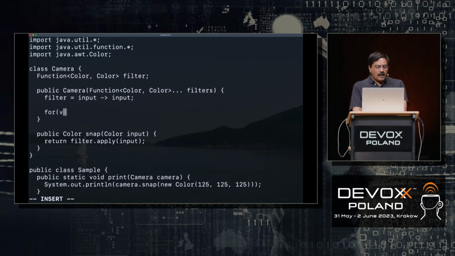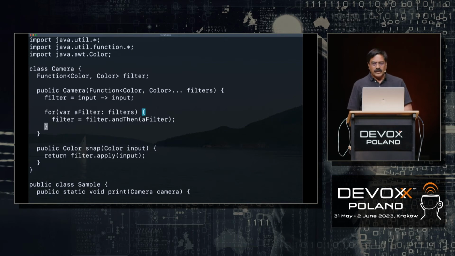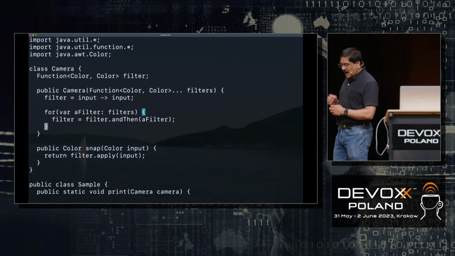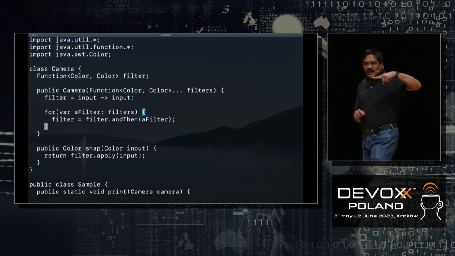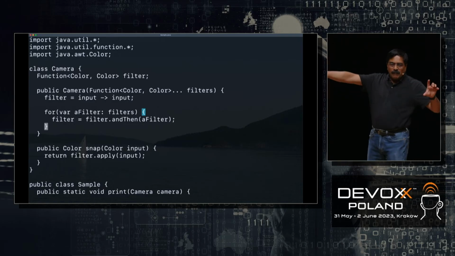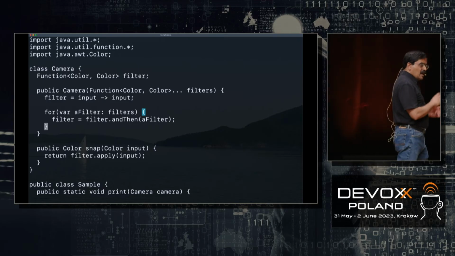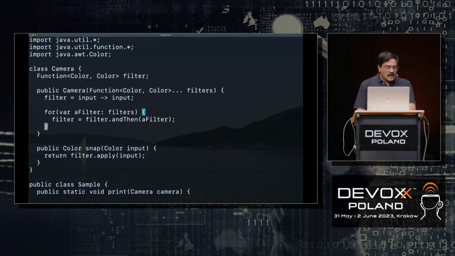Then you can say a var, you could say a filter, and the filter comes in from the filters, if you will, and you can say filter is equal to filter, you could say, and then a filter, and you can combine that together. So essentially, in this case, when a collection of filters is given, you are able to form one filter, but that filter is actually a chain of filters that you can combine together using the and then. And once you combine them into a filter, a sequence like so,